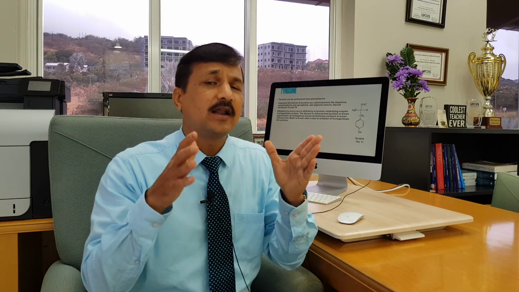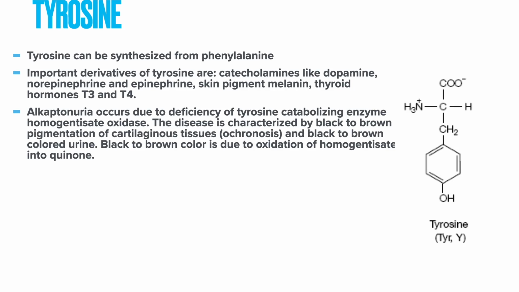Deficiency of homogentisate oxidase will give rise to a disease called alkaptonuria, and these alkaptonuria patients will show a hyperpigmented, brown to blackish pigmentation in cartilaginous tissue, and that particular thing we call ochronosis. Ochronosis is the pigmentation of cartilaginous tissue, brownish to black pigment, and this happens because in this particular